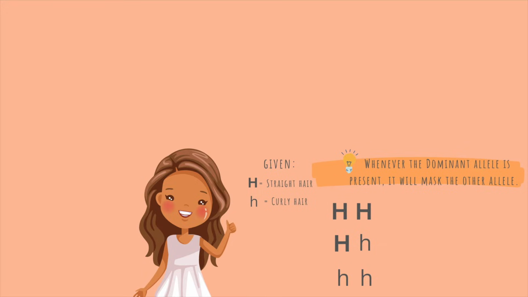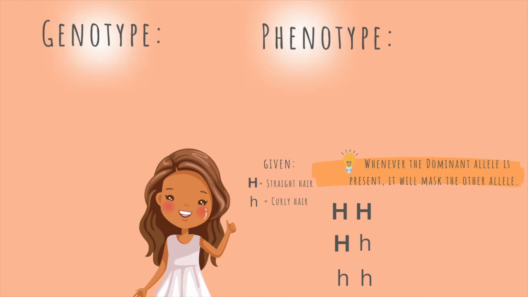How about this girl? She has straight hair. What possible allele pairs could she have? Yes, she could have big H, big H, or she could have big H, little h. Both of these would yield straight hair. By the way,